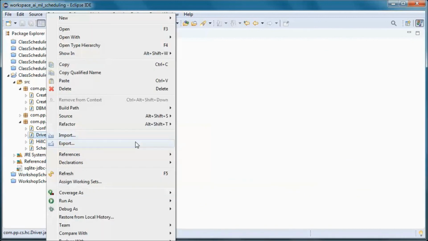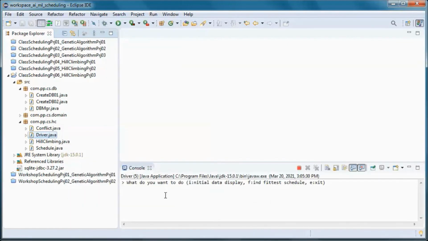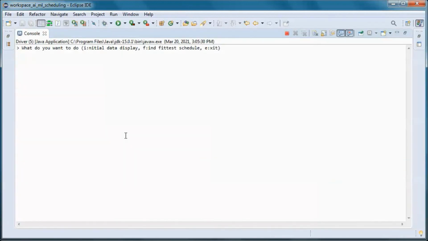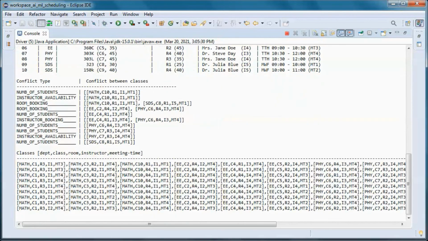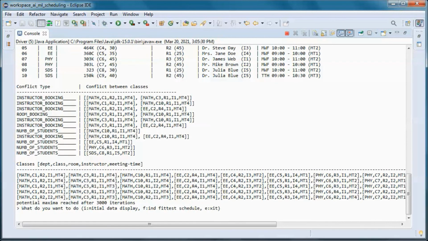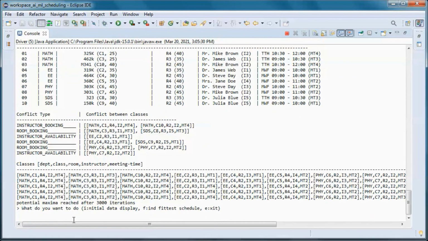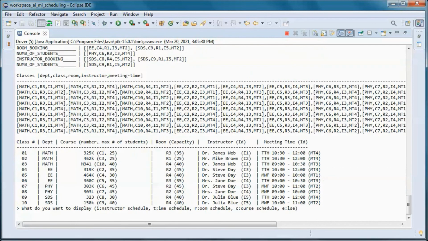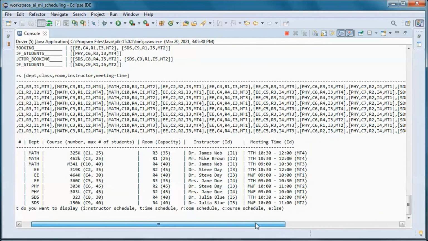And let's try running again. Here we go. So we ended up with this course schedule with 0 conflicts.